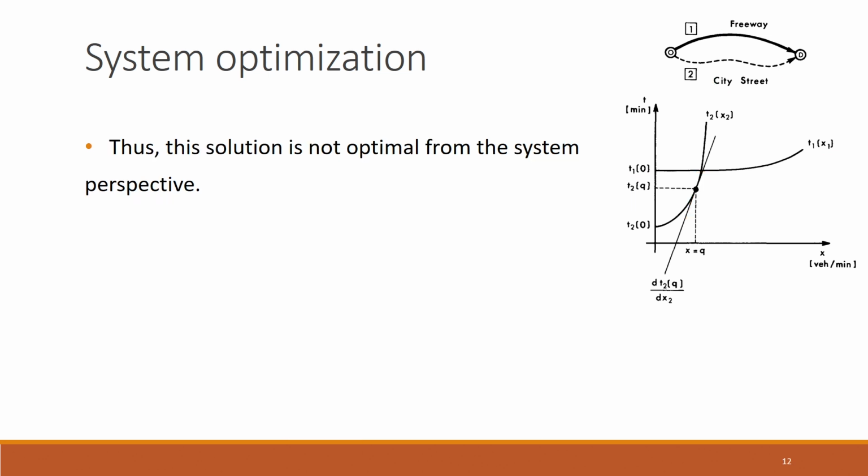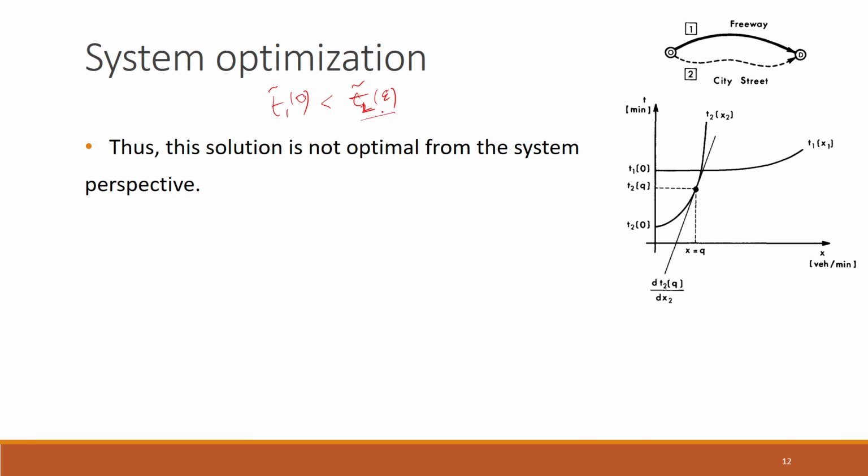So therefore, since we have t1(q) to be greater than t2 tilde(q) to be greater than t1 tilde(0) here, this solution is not optimal from the system perspective, because it is possible that if some flow shifts from